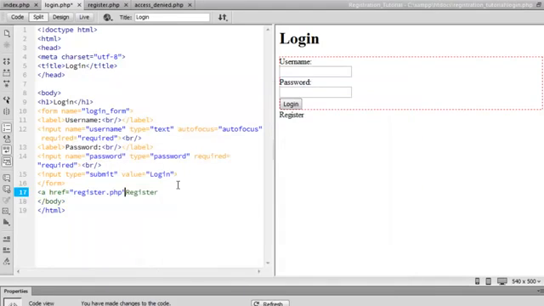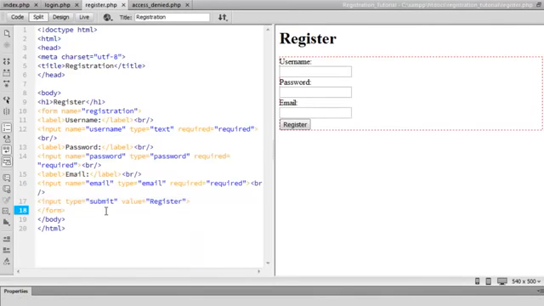Browse, and we'll set it to register. Alright. Pressing the wrong keys there. Okay, my bad. Go ahead and close that tag, save it, go ahead and head to register, and we'll